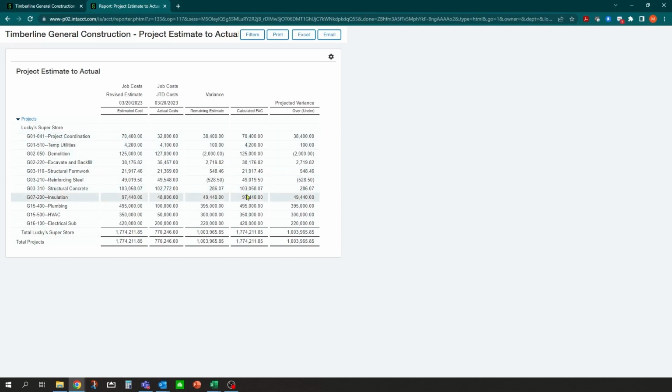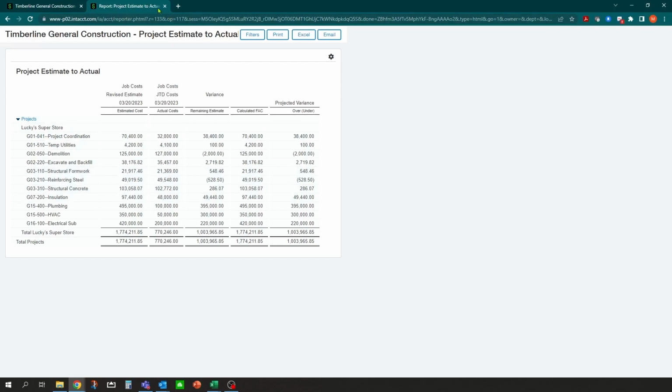So you can take it a step further with some forecast to complete planning, and we can get an overall projected budget variance on this project. Okay, so you can track all of this information in here, and keep an eye on how your project estimate is doing to actual throughout the status of the project.